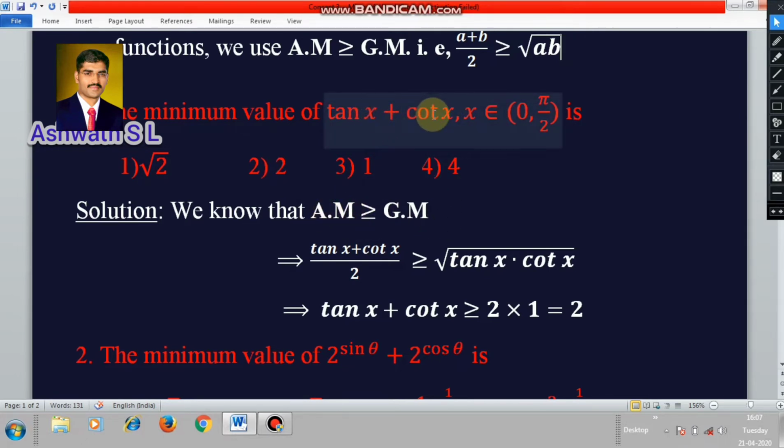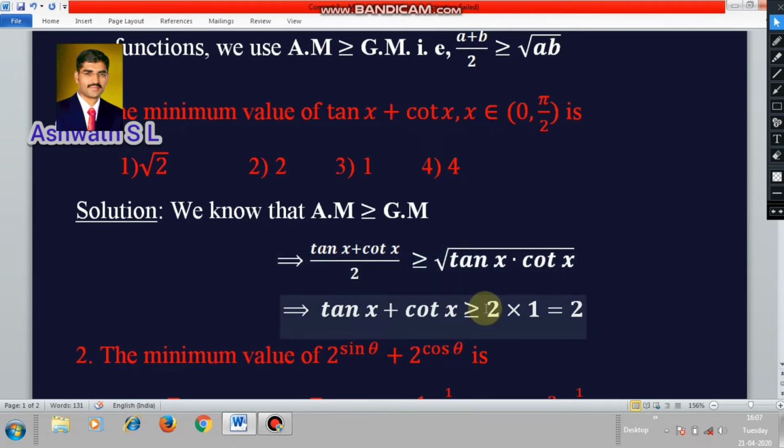I choose tan x and cot x as the two different functions, so let us apply the definition of arithmetic mean, (tan x plus cot x) by 2, treating these two as two different terms. Geometric mean, as you know, the definition of geometric mean is square root of ab for two numbers a and b. Here two terms, two trigonometric functions, tan x and cot x, so square root of tan x into cot x. As you know, tan x into cot x means 1. That is because cot x is 1 by tan x, so tan x gets cancelled, we are left with only 1, so square root of 1 is 1 itself.